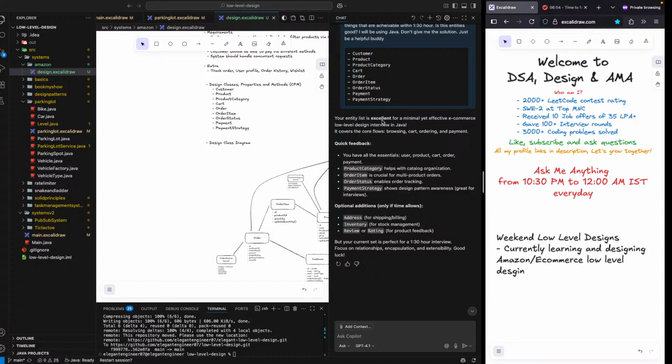Your entity list is excellent for minimal yet effective. It covers flows, browsing, ordering, payment. You have the essentials. And also try to ask Copilot how they would design it and then see if something was missing. Address, inventory, review, rating that we already discussed. Stock management we will do with